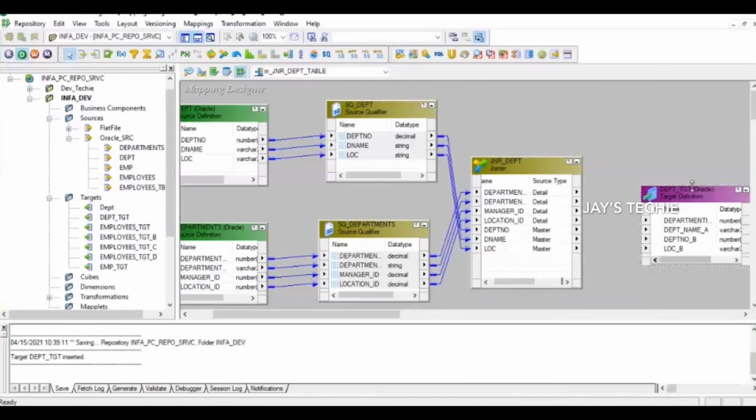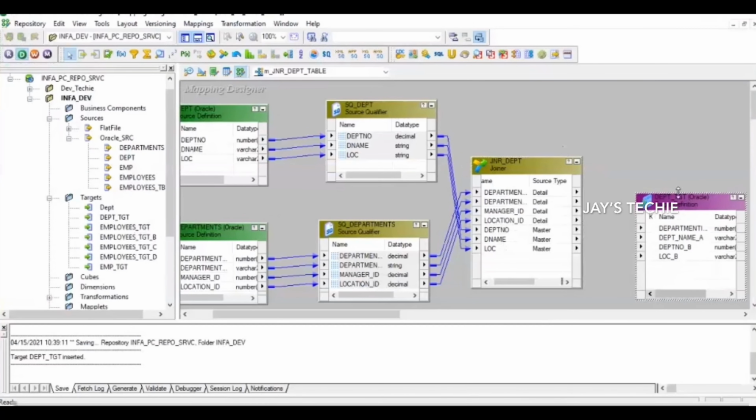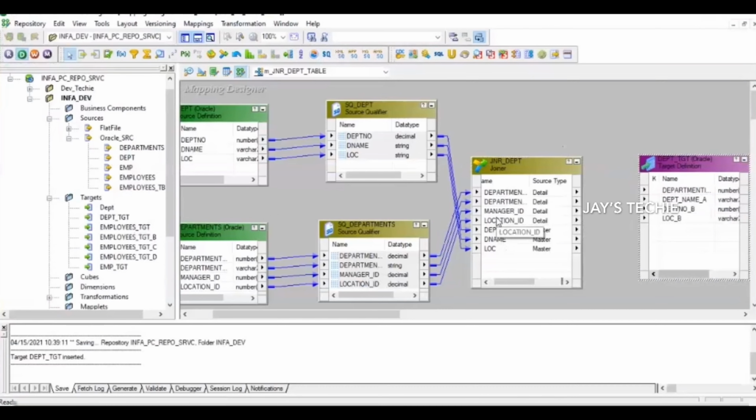One more thing you need to take into account: let's bring in the expression transformation, and then whichever has the results you can pull in. Or directly, since we are trying to match all the records, you know the records are going to come from either table. Department ID to department name from this table, department number and location.